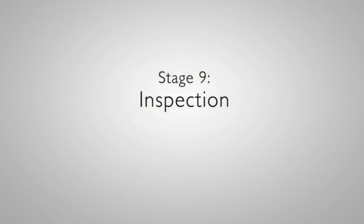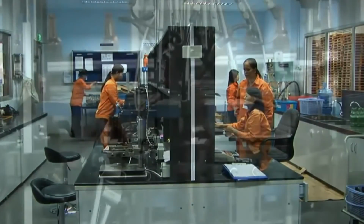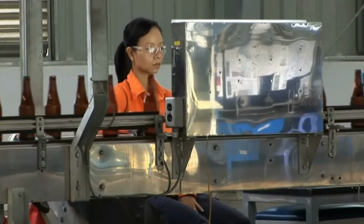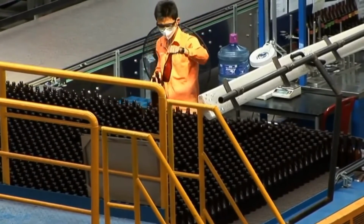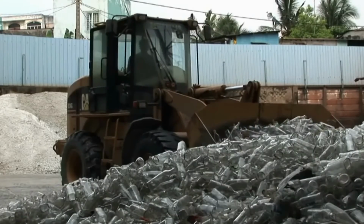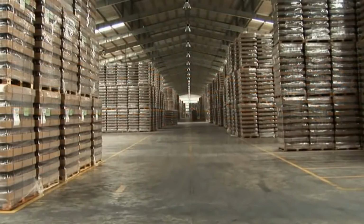Stage 9. Inspection. Before packaging, each glass container undergoes a rigorous inspection process to ensure the highest quality. It is inspected at multiple stages of the production process. Bottles that do not meet OIBJC's stringent design specifications are rejected and recycled as cullet. Finished containers are prepared for shipment by our packaging department. From our warehouse,